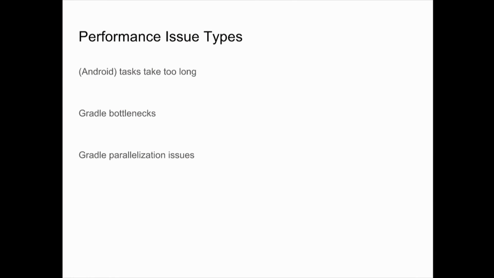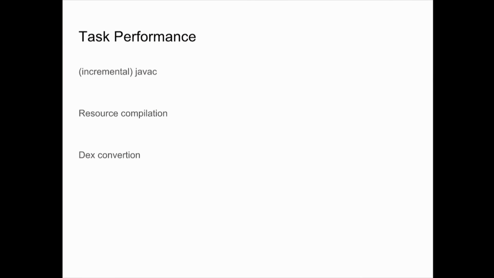Next, I want to talk about performance a little bit. There's really three types of performance. There's our own tasks that are slow, clearly our fault, and we're working on that. There's some bottleneck in Gradle itself, and then there's some parallelization issue that I'm going to talk a little bit about. So for our own tasks, what you hear from developers is Javac can take a long time,